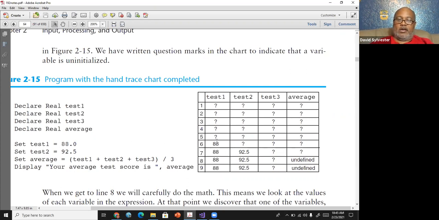In this program, once I assigned it 88, it never changed. I assigned test 2 to 92.5, and after that, I never assigned it a different value. All right. And here, depending on the compiler, in C++ you can't do this because you have to know the value of a variable if it's in an expression, and therefore that's why they wrote undefined. You cannot solve the problem because test 3 did not have a value.